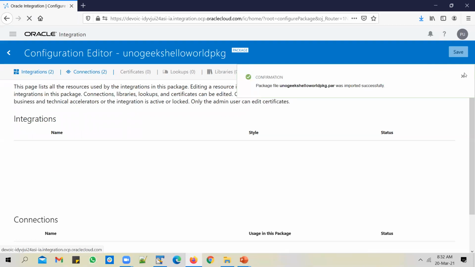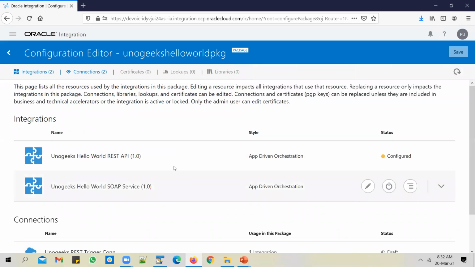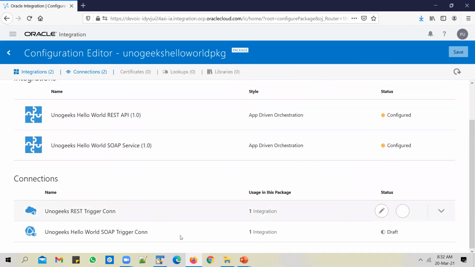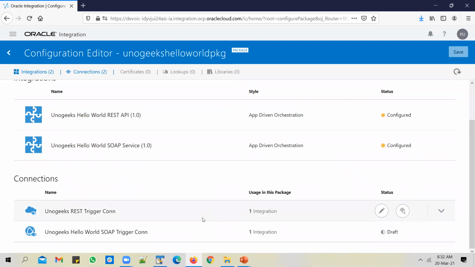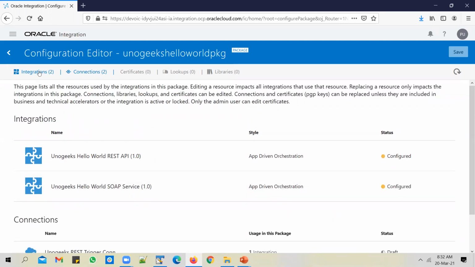You click on import and configure, and you notice that there are two integrations that are part of that package. And these two integrations have two trigger connections. So if you import this package, the two APIs get imported, two services and two connections get imported.